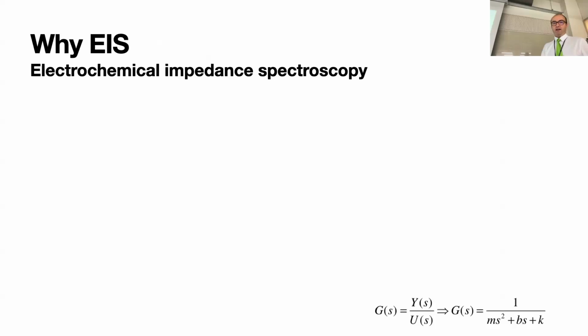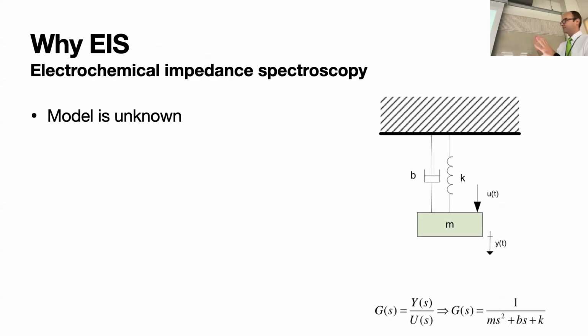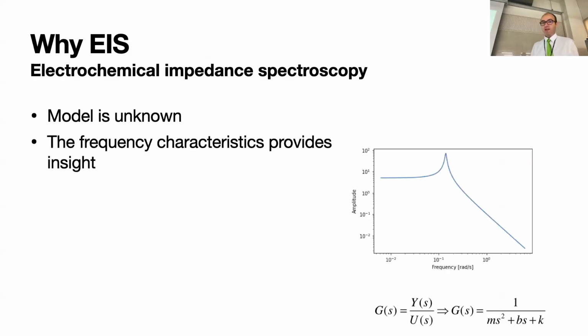So what is different from what we have here? The first thing is that the model is unknown. In this case, I already presented you what the model was, but we don't know the model. The only thing that we can get is the frequency characteristic. This is now just the amplitude. I should have drawn the Nyquist curve, but